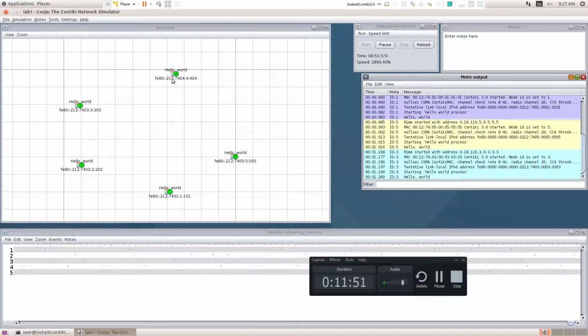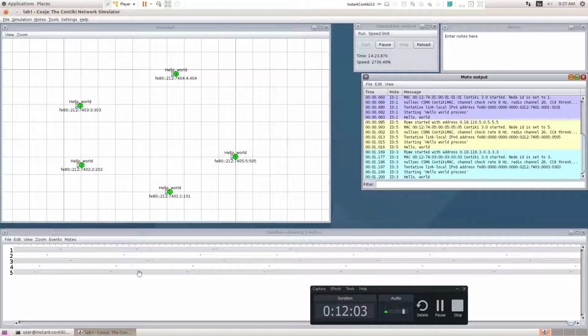They are just in the area, they are reachable, but every device is simply printing hello world at regular intervals of time. You can see it in the timeline, which is given here for every node. If you follow one node, you can see that at a particular duration of time, it is going to print hello world, hello world, like that. So this is the first lab. The first lab is just printing hello world.